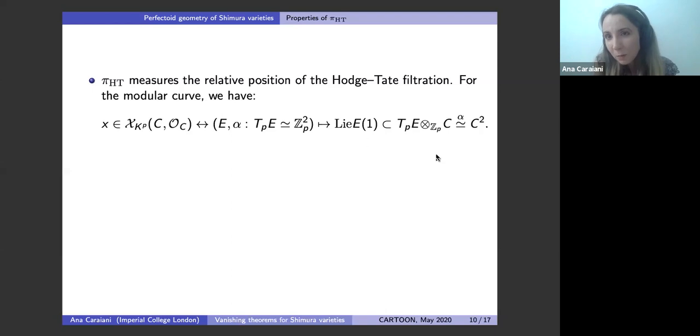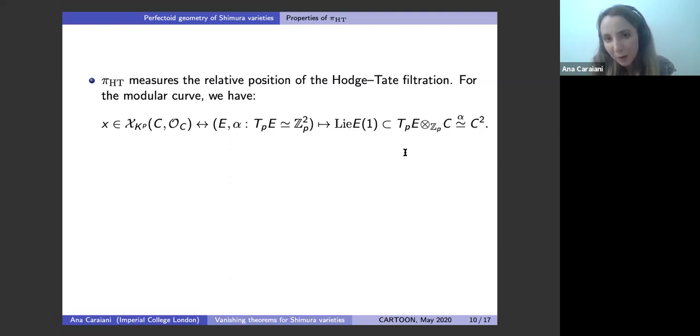So this is one piece of the Hodge-Tate decomposition for E over C. I want to consider this map and note that because the Tate module is trivialized, I can identify the right-hand side canonically using alpha with C squared. Here I am looking at points on the modular curve at infinite level, and here I'm looking at lines inside a